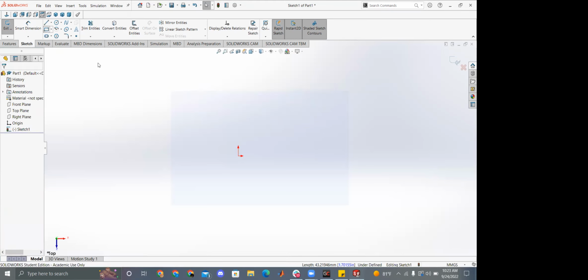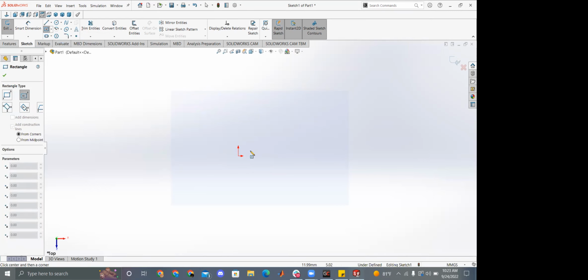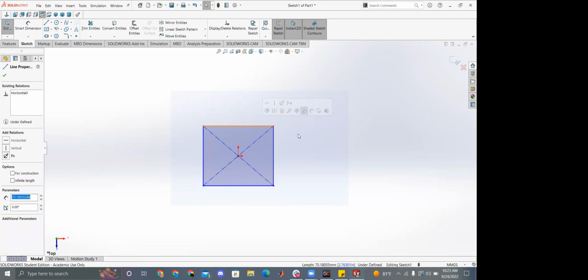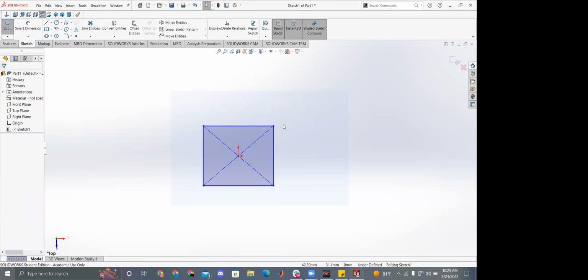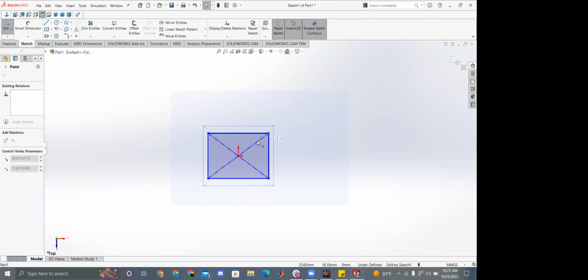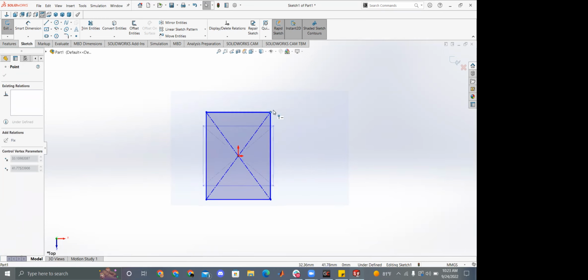So what does that really mean? Let's draw a center rectangle right here on the origin. So you see right now, all of these lines are blue. What these lines being blue means is that if I hold this point and drag it, I can change the dimensions, right? Now this could be kind of useful when you're still putting the part together initially, but imagine